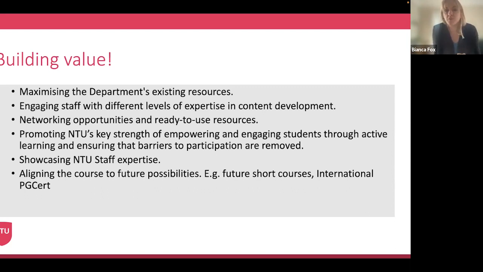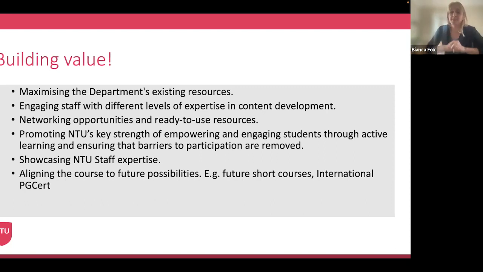In terms of networking opportunities, we were interested in offering the participants the possibility to network with colleagues that don't work at NTU, and our main focus really was to attract participants from outside the institution, but at the same time have a small group of postgraduate students that are interested in teaching on the course, again to give that balance of colleagues that work at NTU and colleagues that don't work at NTU, and offer them that opportunity to network with national and international colleagues.